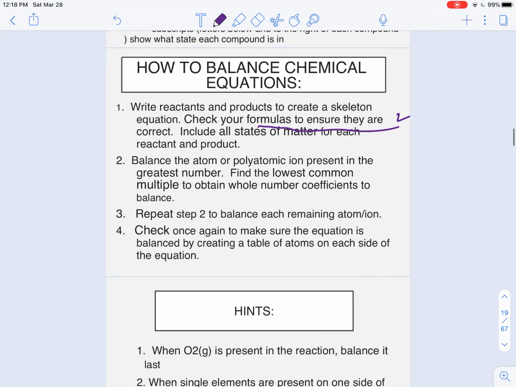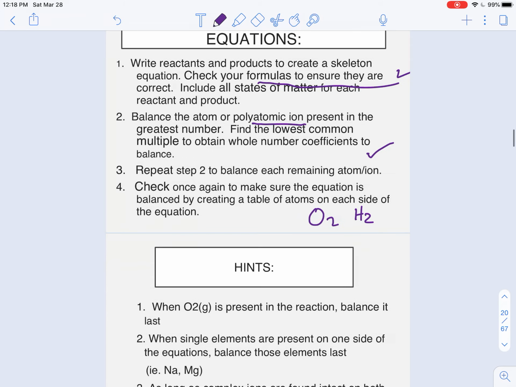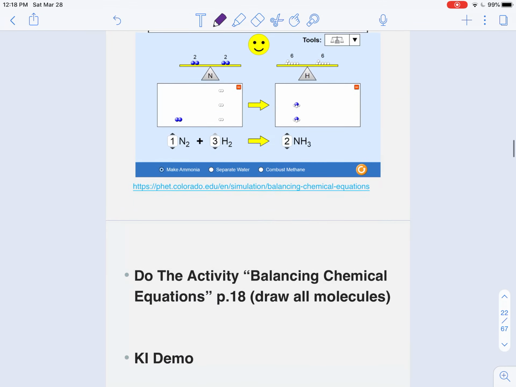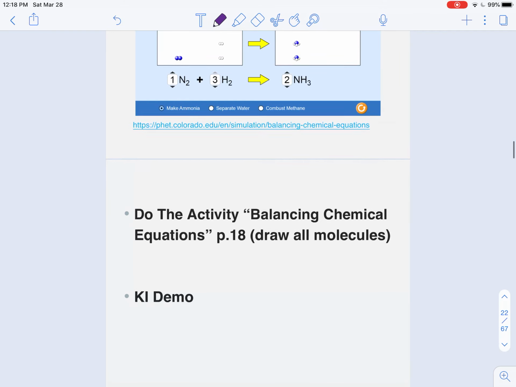It does say that if you have some polyatomic ion, make sure that you take a look at those first and keep them in there as a whole and balance them. And you can balance anything that's like an element, like H2 or O2, last, because it'll be easy to balance those last. So let's give that a try by looking at